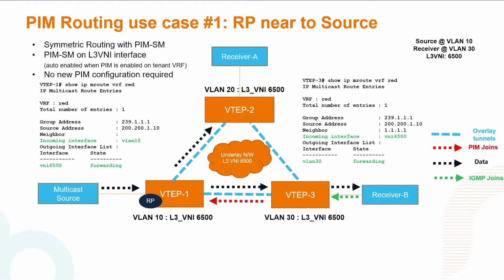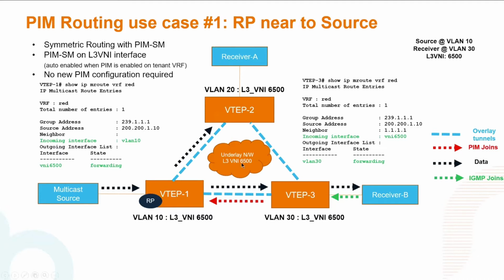There is zero configuration required. Basically, whatever existing PIM configuration commands can be used for supporting the tenant VRF routing. What I'm saying is, you don't need to configure any special commands, no new commands are there, just as in the case of regular standalone devices. But there are changes for VSX cases. We have different commands that will come in the later slides. So this is a regular standalone